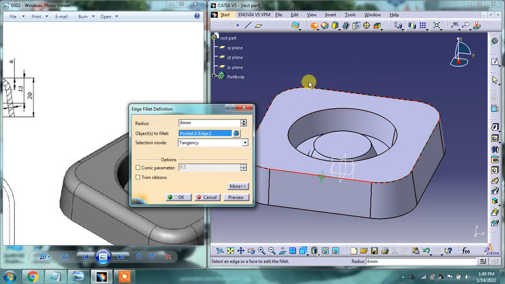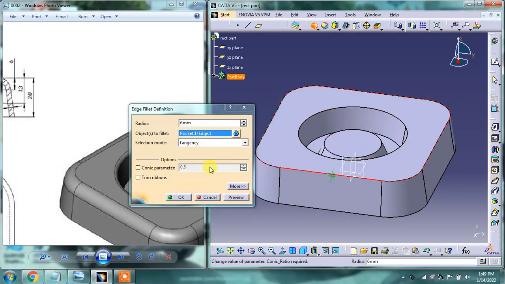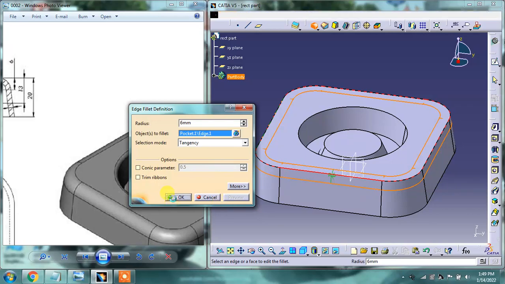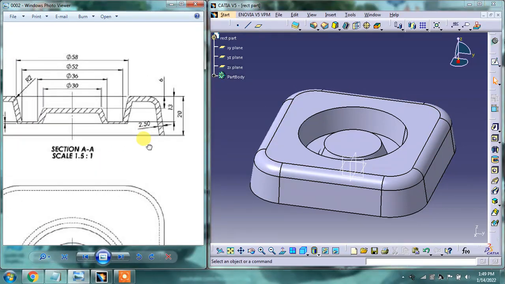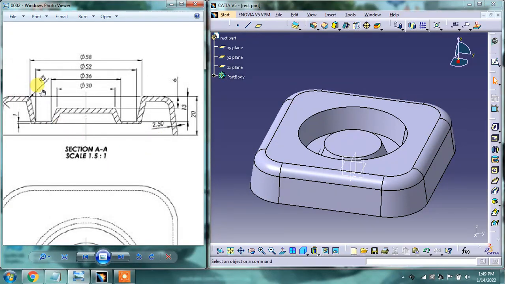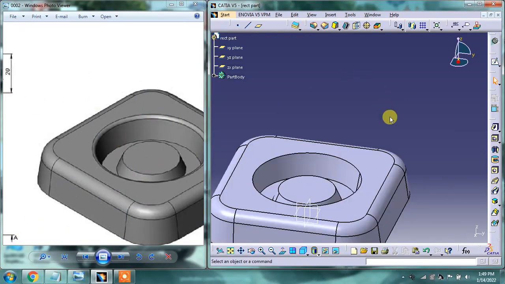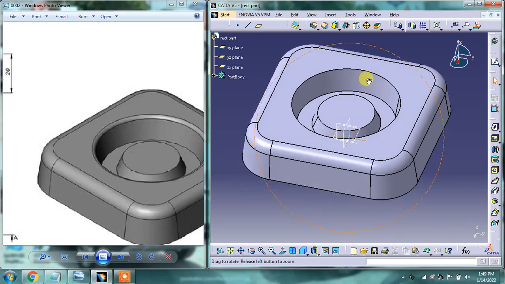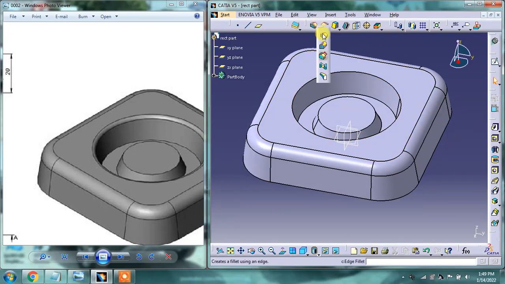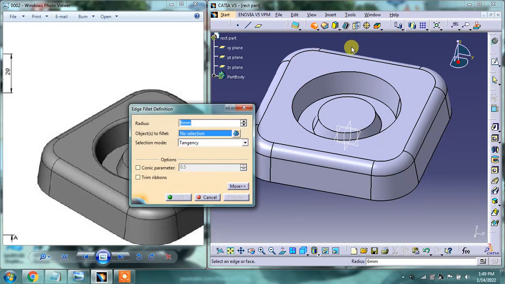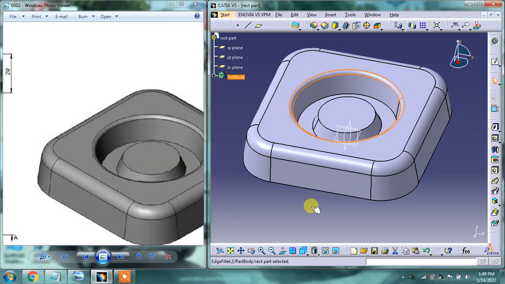It will select automatically because we have selected tangential mode. Select preview and then okay. On the other hand, we have 2 mm of radius from this portion. Go to fillet, select 2 mm, select this edge and then okay.